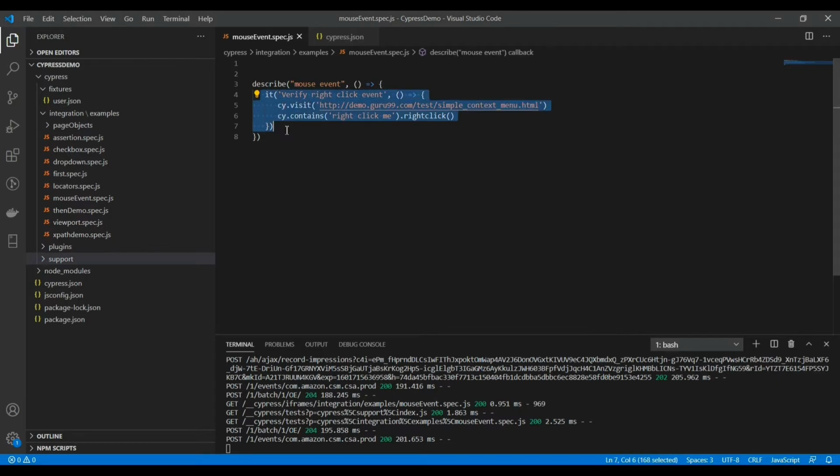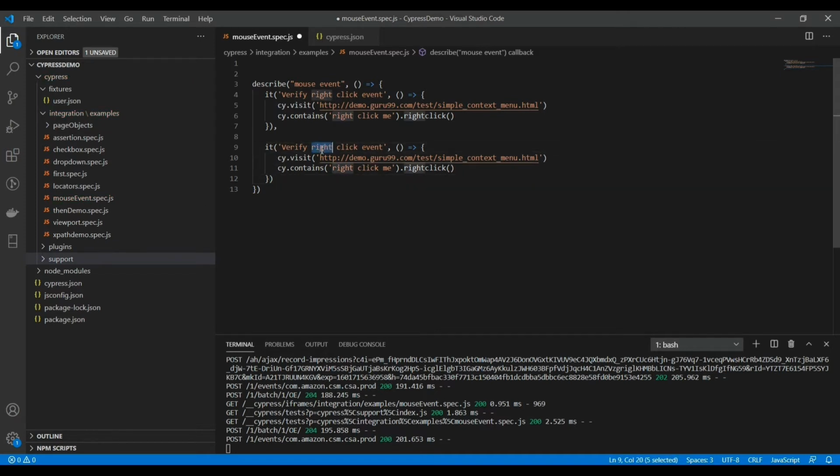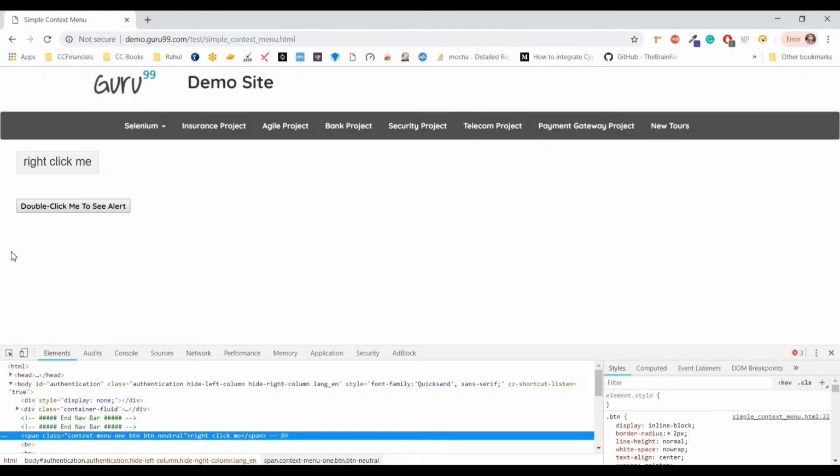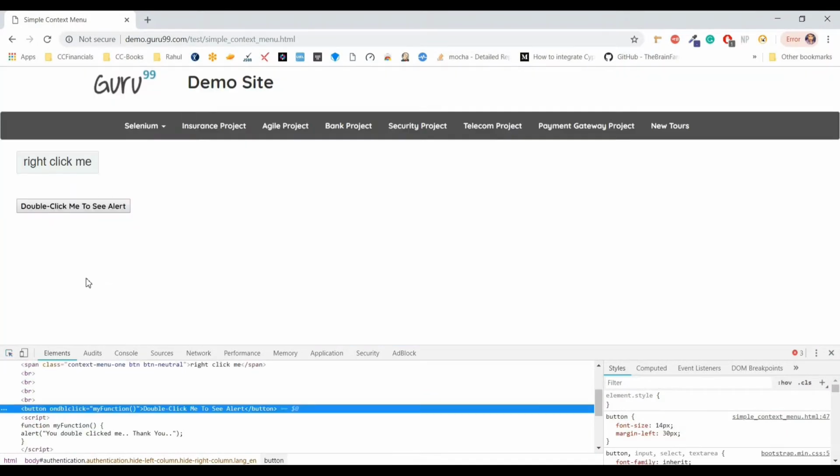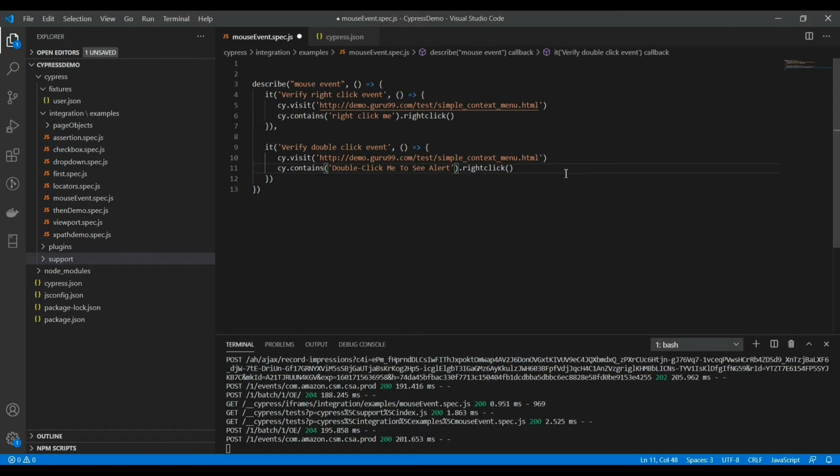I'm creating one more it block. In this the visit statement will remain the same, and we just need to change the text. The text here is this: double click me to see alert, and just save the test case.